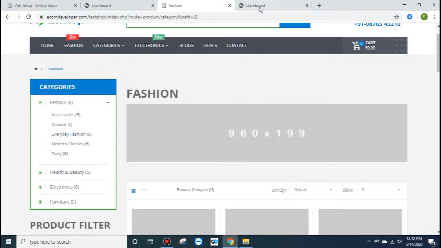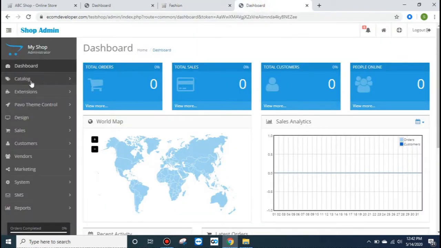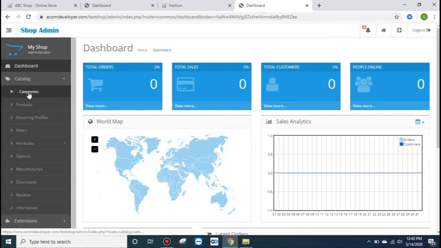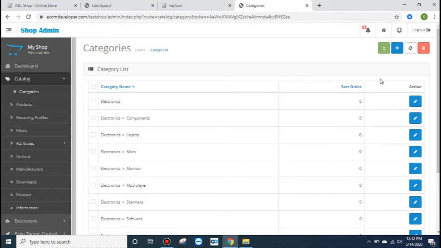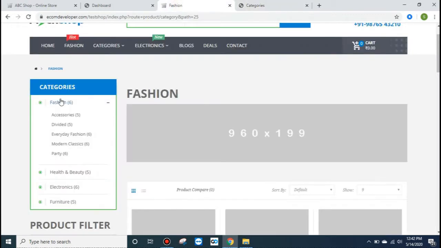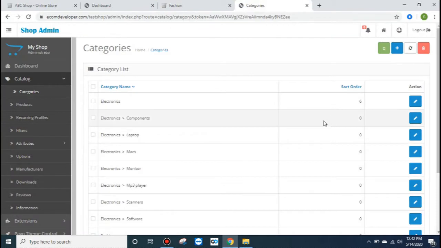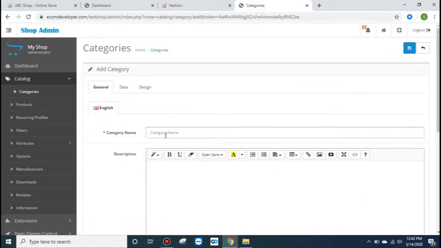So first of all, go to your dashboard, click on catalog and categories. From here we can add categories and subcategories that will appear directly here, not on menus. So add new, and for learning purpose we just put name as test category.